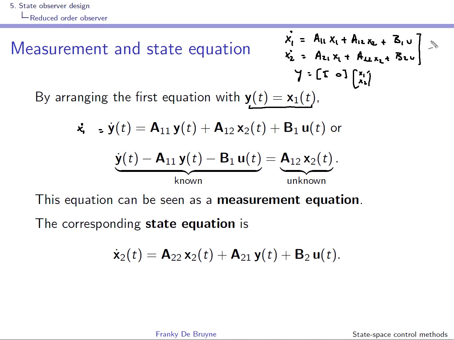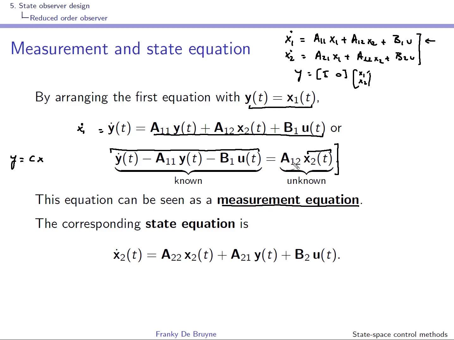So from this equation you see that y dot is equal to this equation over here, and you can see here that, well, the output is known, the input is known, so you can reorganize things. This signal is known, and x2 is not known. So we have here an equation that plays the role in the full order observer. This would be equivalent to y is equal to Cx, known, unknown. Okay, so this equation here plays the role of the equation y is equal to Cx in the full order observer. This is really an output equation, a measurement equation,